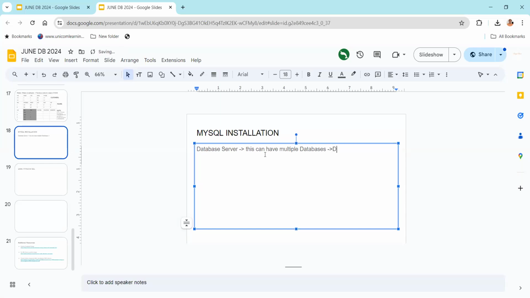Okay. Databases will have tables, views, we'll talk about these, triggers and other components. These three are important: tables, views, and triggers. We'll talk about these, but views and triggers we'll talk about once we are done discussing tables. So your database server is the main installation where you will have